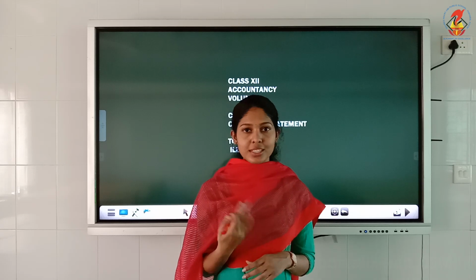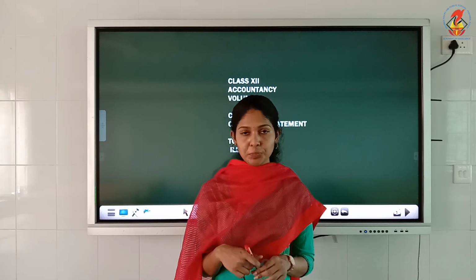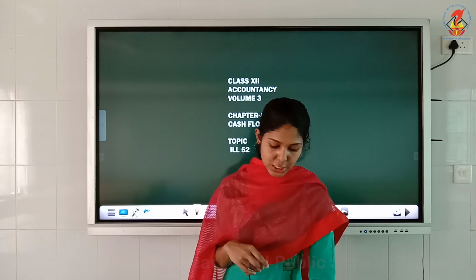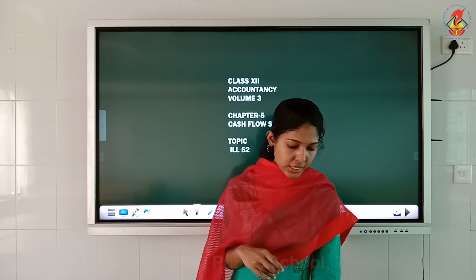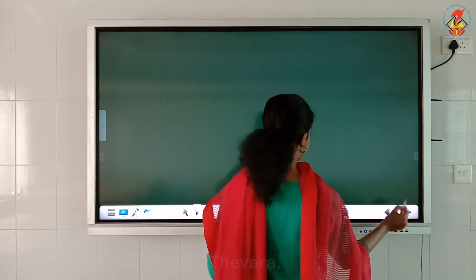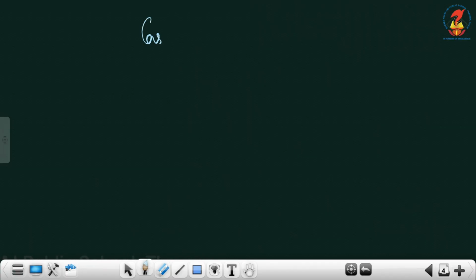We are continuing that question, illustration 52. So already we prepared ledger accounts. Now we can start the cash flow statement. It is for the year ended 31st March 2020. So you give the heading cash flow